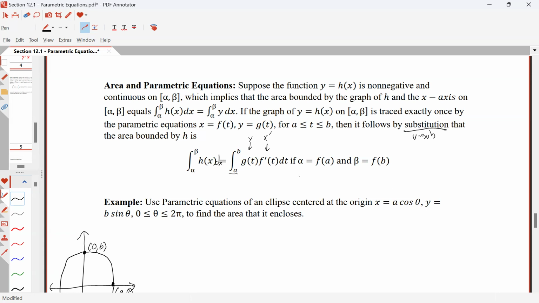We can also switch these. It could be if alpha equals f of b and beta equals f of a, and all that would do is switch the bounds. So we can switch with a u substitution between using an integral in terms of x versus an integral in terms of y, of t,